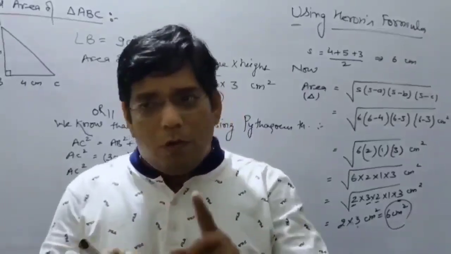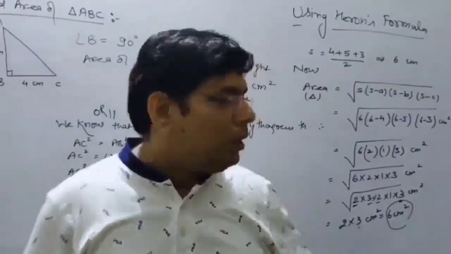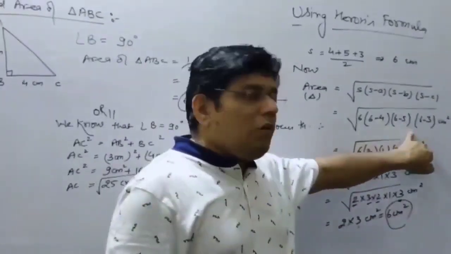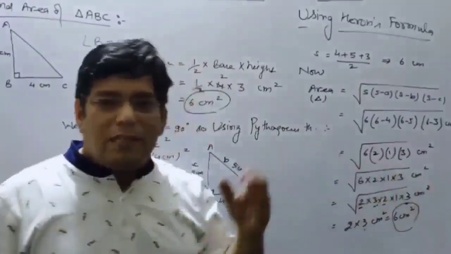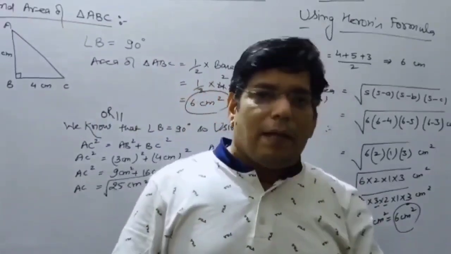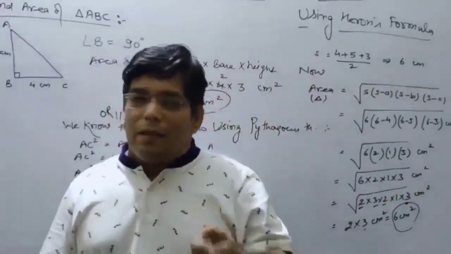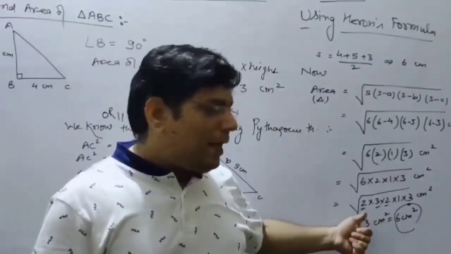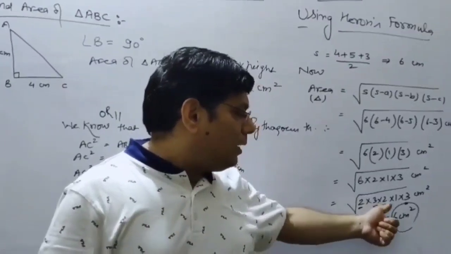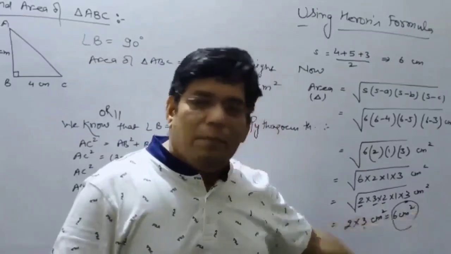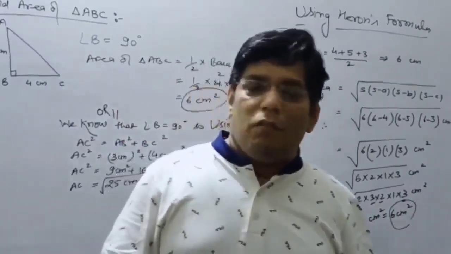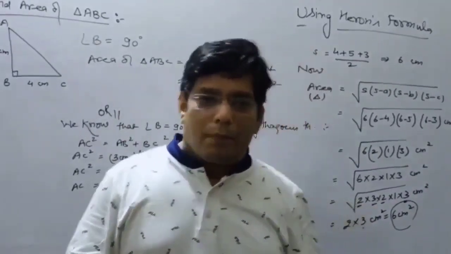Now S you know, A you know, B and C also is known. So what you do, put the value of A, B and C and just make a factor of that one. And जैसे perfect square में से पेयर बना के आपको डिजिट को बाहर निकालना है, if that will be possible, तो रूट हट जाएगा. अदरवाइज अगर कोई पेयर में कोई नहीं आता, it will be inside the root and that will be unit centimeter square, meter square. This kind of unit you can use.